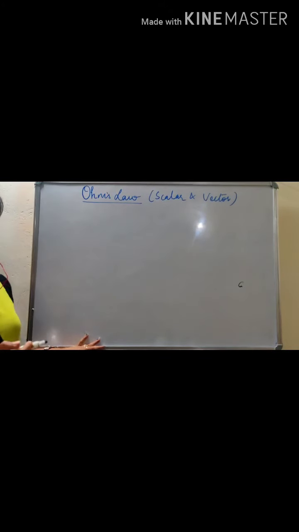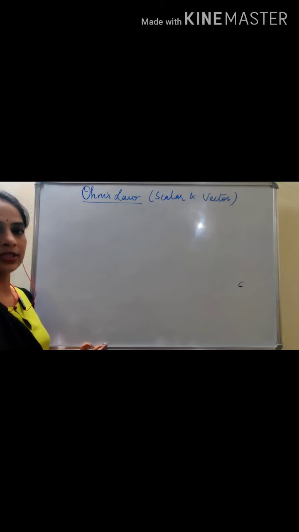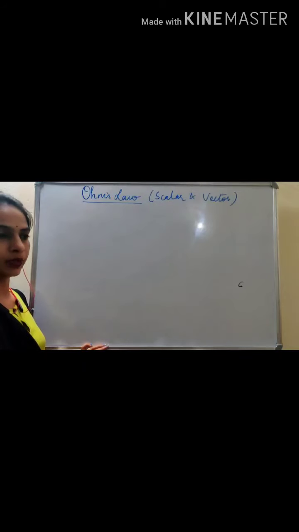Okay, so do you remember in the first class of chapter electricity, I told you about current. We were discussing current and I asked what kind of quantity is current? Right, current is a scalar quantity. We discussed this. Though current has magnitude as well as direction, current is considered a scalar quantity, or tensor. Actually, it's a tensor quantity. But it can be considered a scalar quantity because it doesn't follow vector algebra.